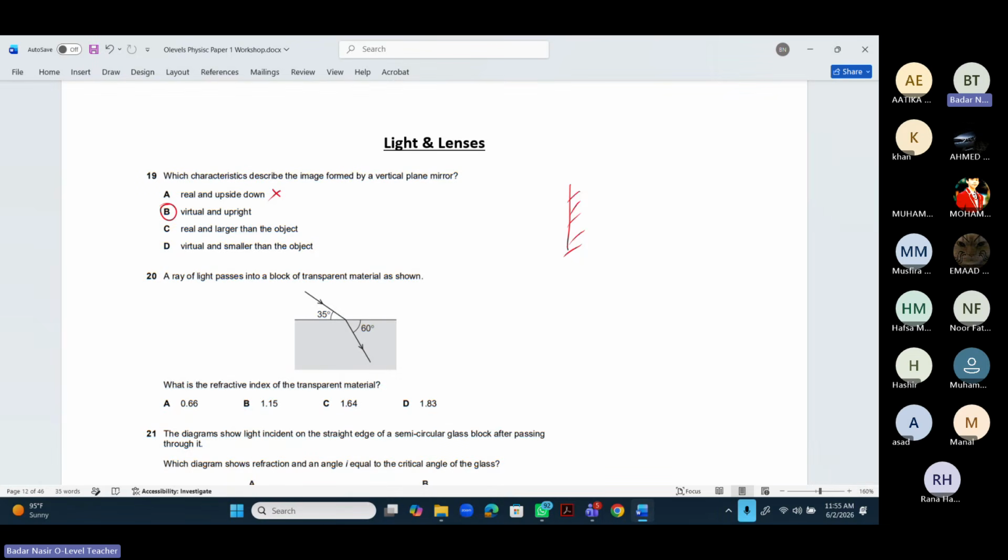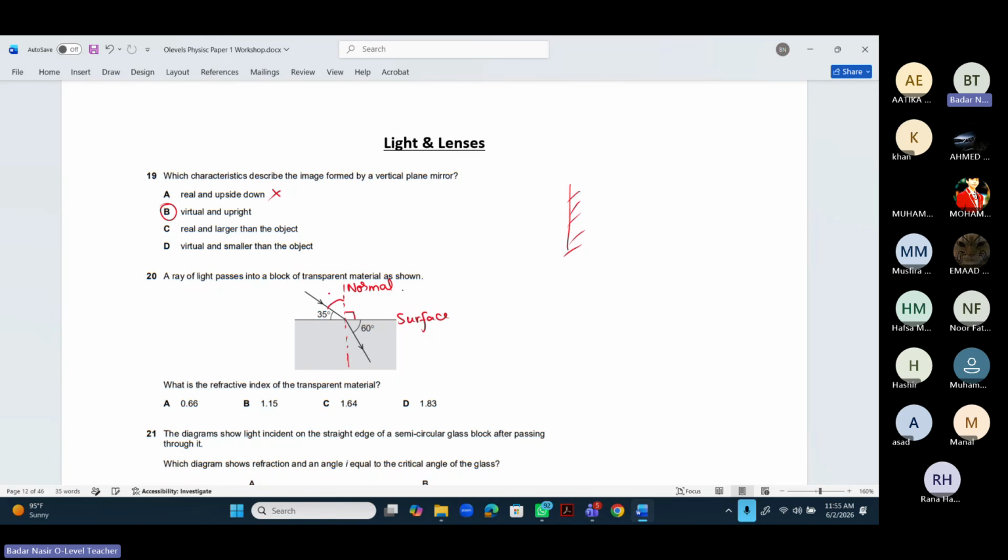अच्छा, चार्जिंग थ्रू इंडक्शन है बट चार्जिंग बाय अर्थिंग वाला कॉन्सेप्ट नहीं है बेटा। ठीक है, a ray of light passes into a block of transparent material as shown. अब बेटा सबसे पहले आपने नॉर्मल लाइन ड्रॉ करनी है। नॉर्मल लाइन क्या होती थी? A line which is perpendicular to the surface. तो ये मैंने नॉर्मल लाइन ड्रॉ कर ली।